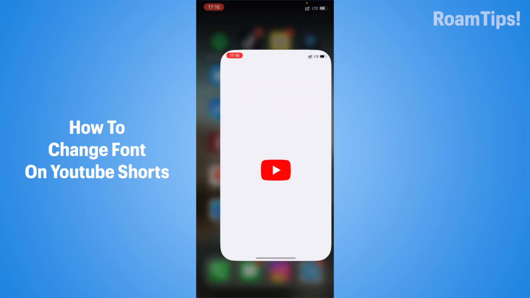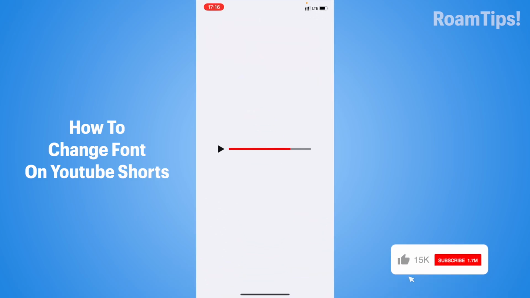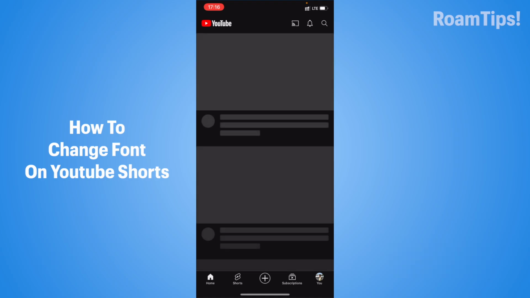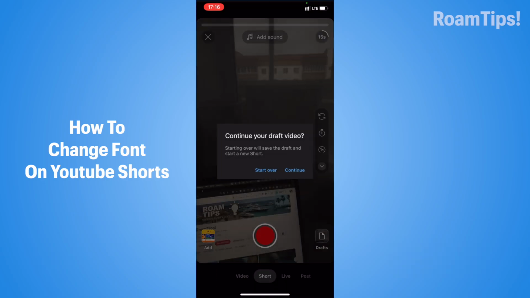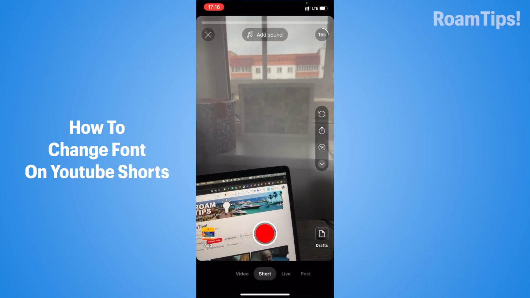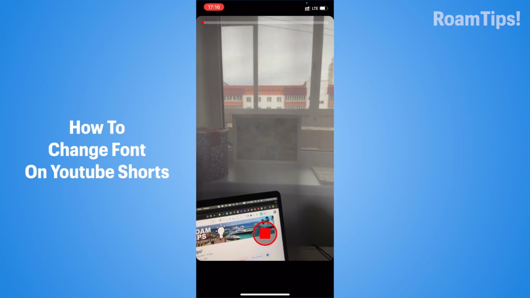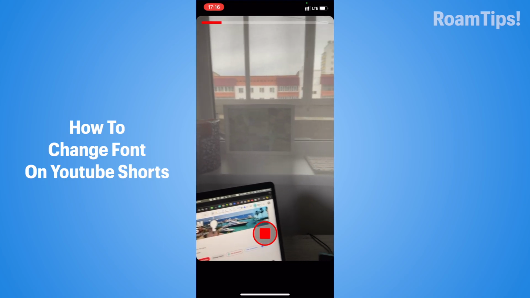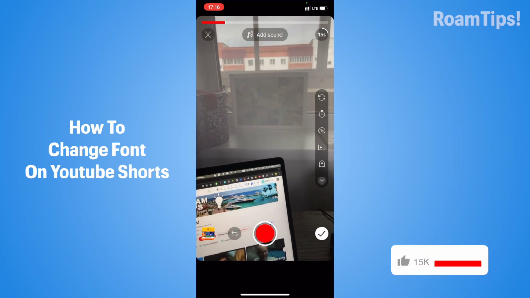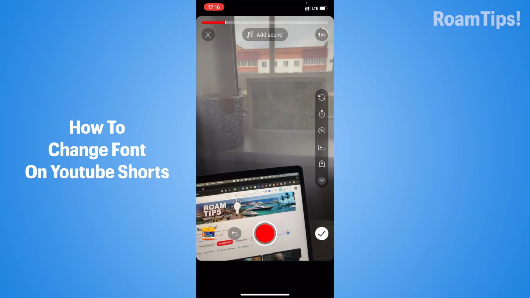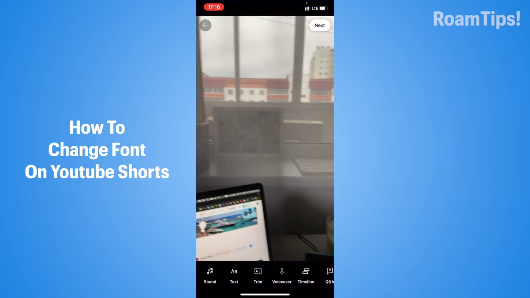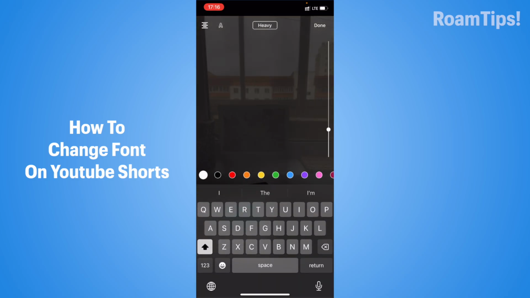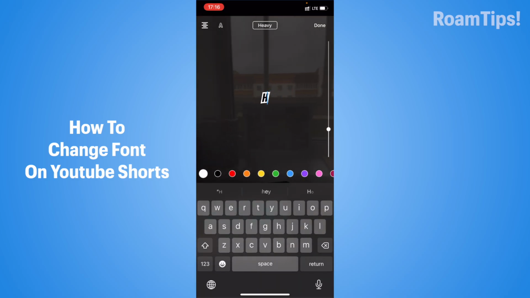Alright, open YouTube and click on plus, start recording, stop recording, and click on accept and click on text, write,